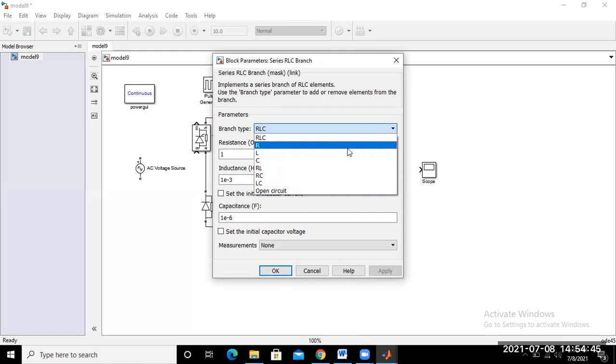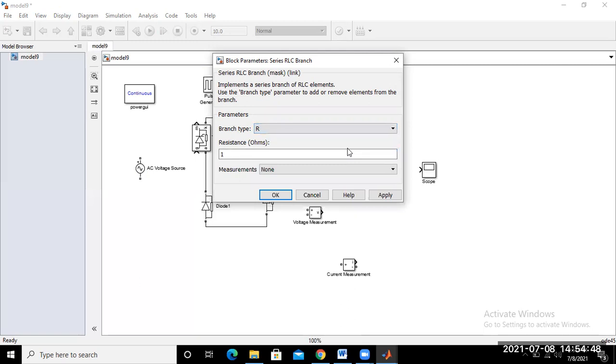So our requirement is resistive load. Just click here, and you specify some value of resistance, otherwise the default value is taken as 1. So suppose the value of resistance is 10 ohm, okay, and apply and okay.